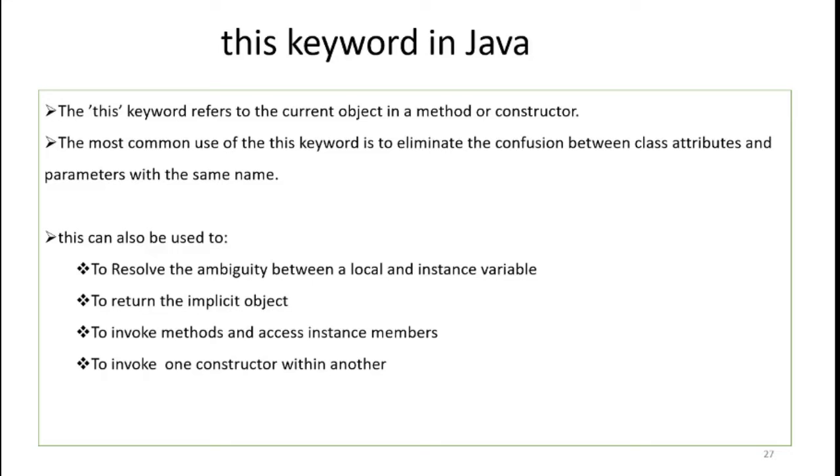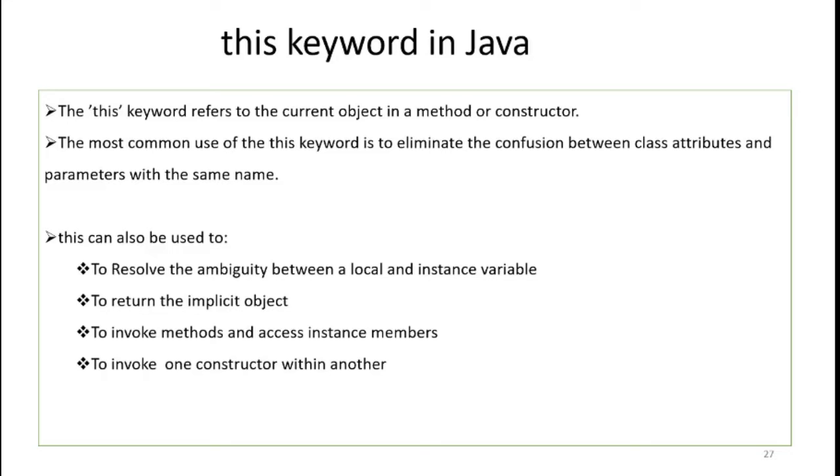the same name. So whenever you declare the attributes in the class and whenever you pass the parameters to the function, if they have the same name, then to eliminate the confusion between these same names, we can make use of this keyword. So this keyword can be used for resolving the ambiguity between local variable and instance variable. It is also used to return the implicit object. It is used to invoke methods and access instance members, and it is used to invoke one constructor within another